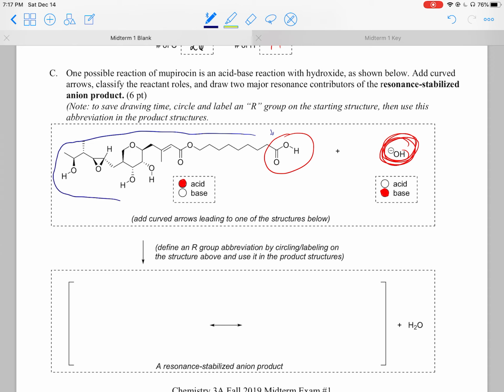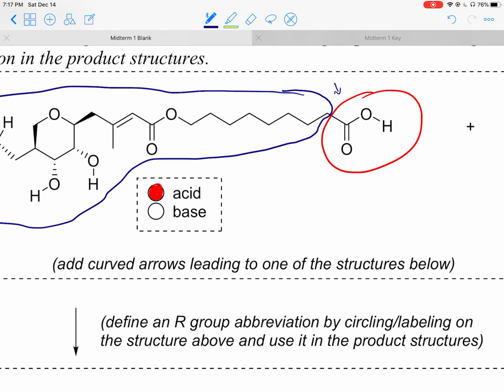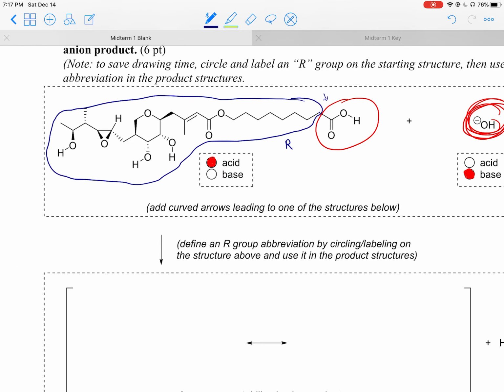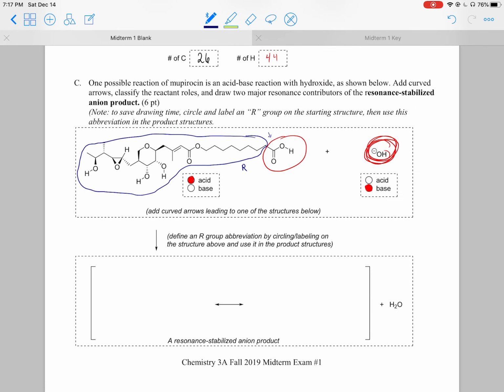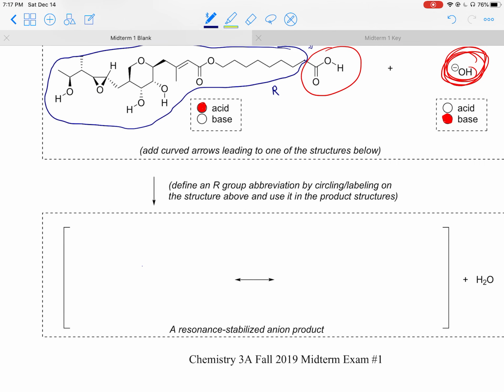So we're going to call all of this our R group, even this carbon right here. Actually, maybe not that carbon. That might make it a little bit... No, that's okay. We can include that one. So we're going to call this entire thing R, including this carbon. That's the very end of it. And so when we copy that below, it's an R, and then that's attached to the